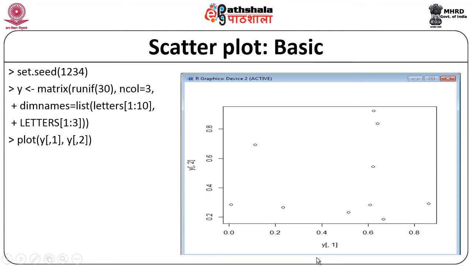So, you will find the y1 variable along the x axis, the y2 variable along the y axis, and the range of the variable is going to be 0 to 1, because the random function is going to generate values in the range of 0 to 1, and there are 30 unique values going to be generated, and it is displayed inside this scatter plot.